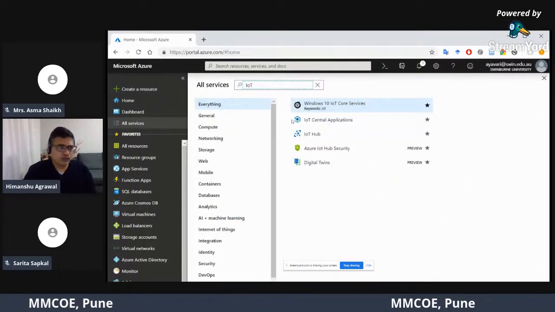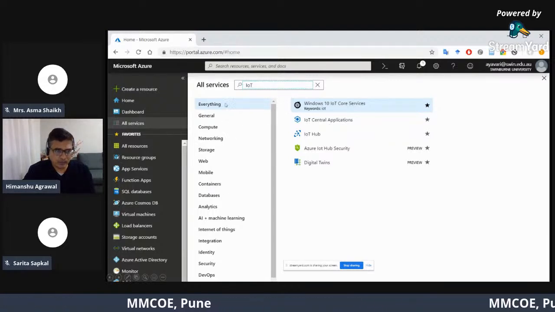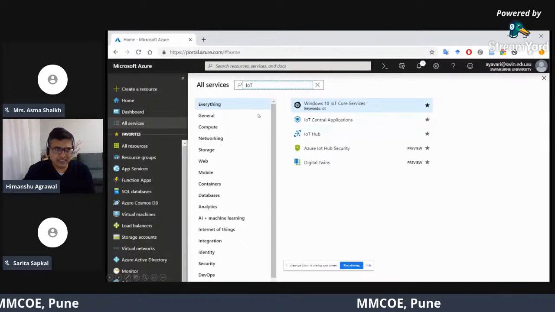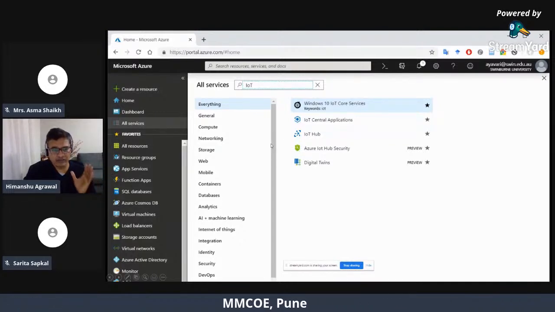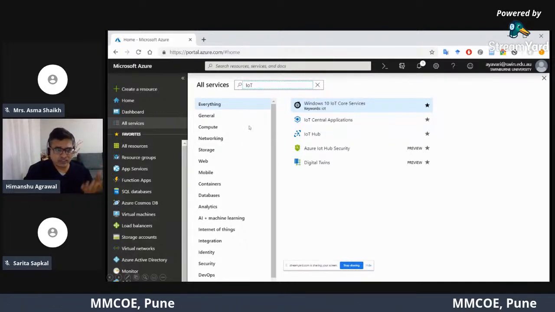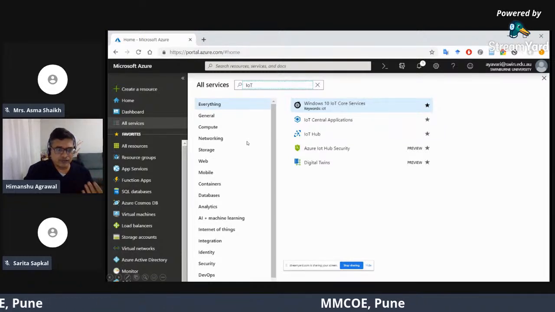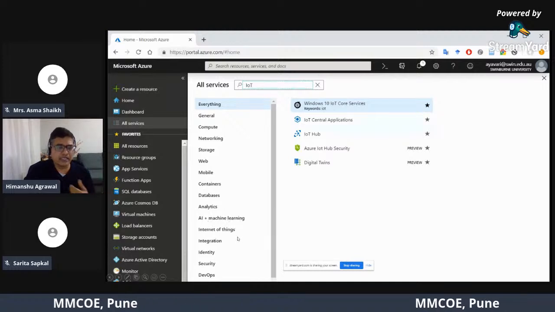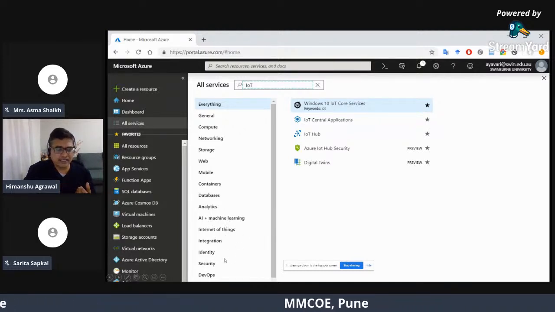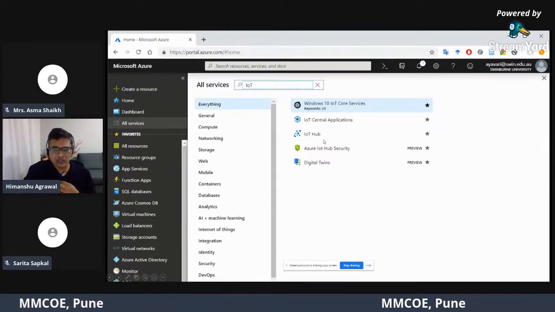When you click on all services, it opens the screen where you have everything: general, compute, networking, storage, web, mobile, containers, databases, analytics, AI plus machine learning, IoT, identity, security. And then you see here that you have IoT Hub.